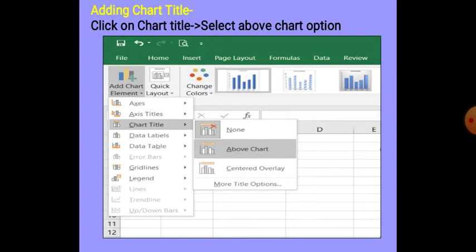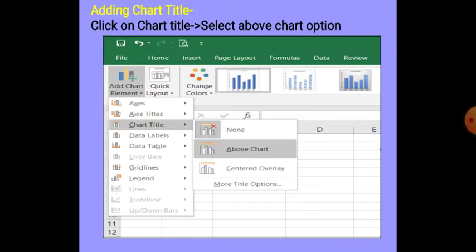Now children, adding a chart title. As I told you, a title for a chart is very important because the title shows what information we are going to present in our chart. So it should always be relevant to the data. Now how can we add it? We will simply click on Add Chart Element and in that we will go to chart title.